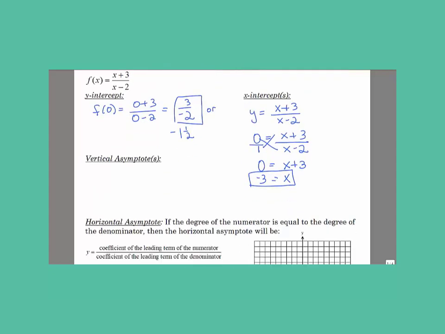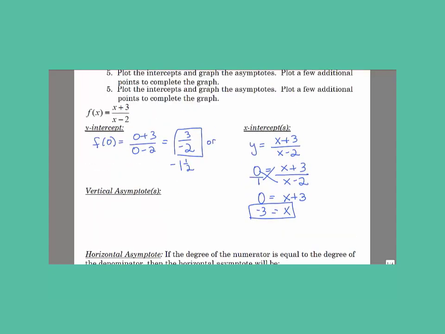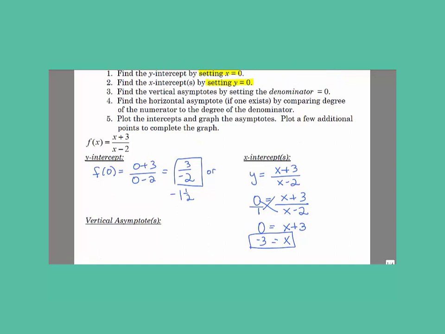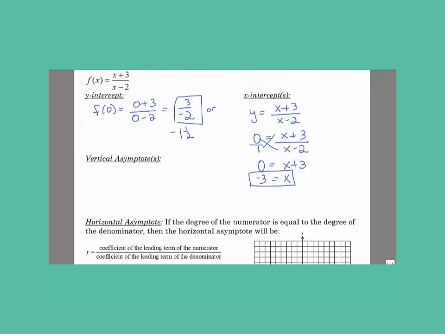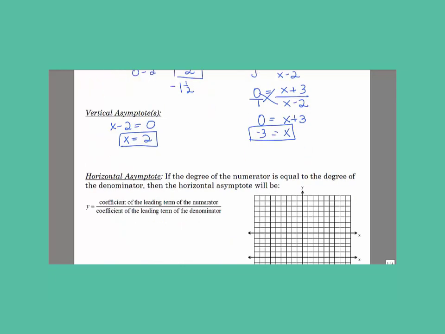The next step is to find the vertical asymptotes. We find these by setting the denominator equal to 0. Recall, this is also how to find the domain of a rational function. These are the values that x can never equal to. Vertical asymptotes can never be crossed. We have one vertical asymptote of x is equal to 2 that we will represent with a dashed or dotted